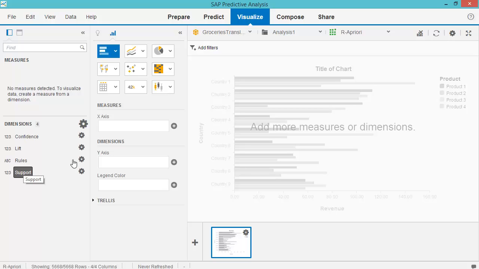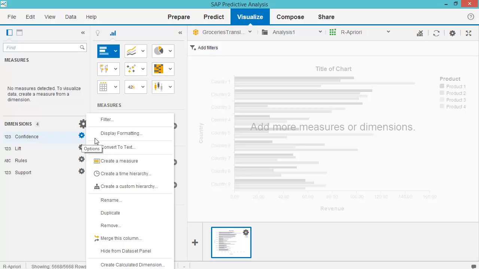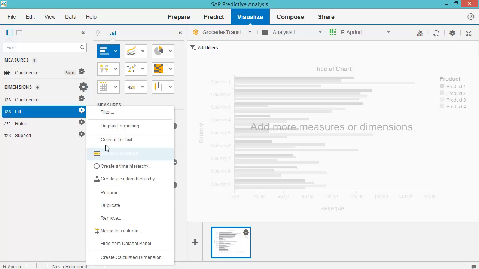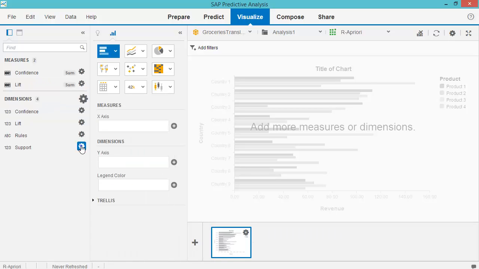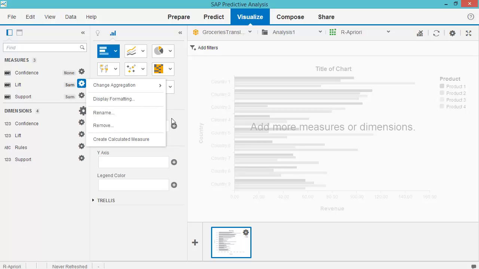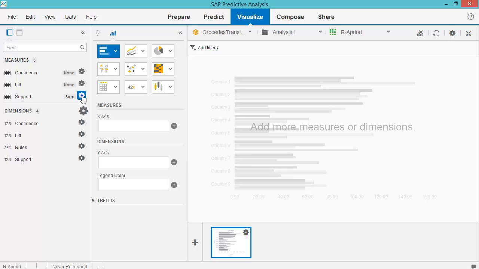We'll take the numeric values, click on their settings, and click on create measure. And we'll do that for all three of them. This way we can handle them on a graph, but right now it sums the confidence levels up. So what we need to do is click on those settings and change aggregation to none. So we will have a separate value for every rule.